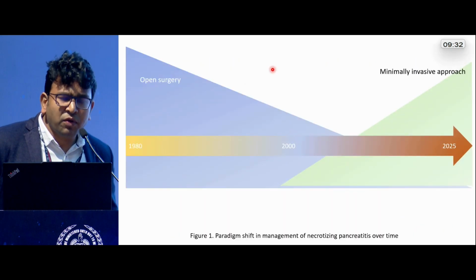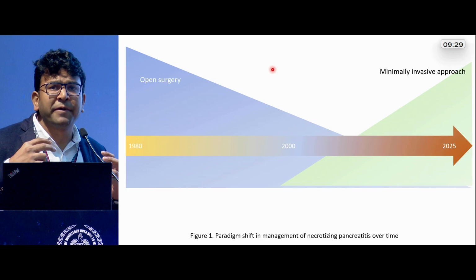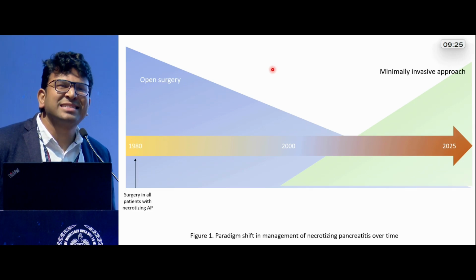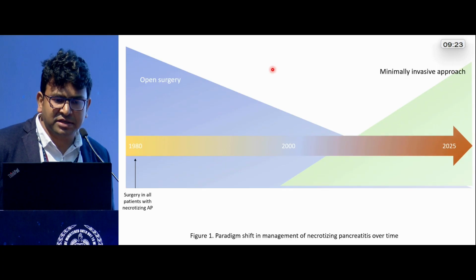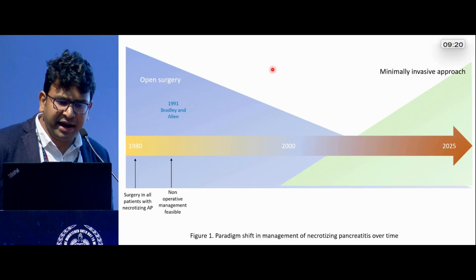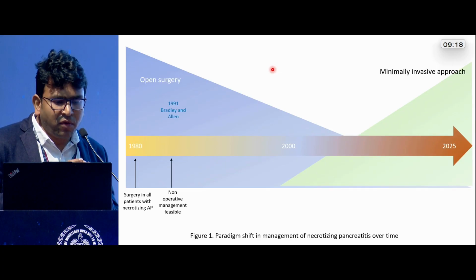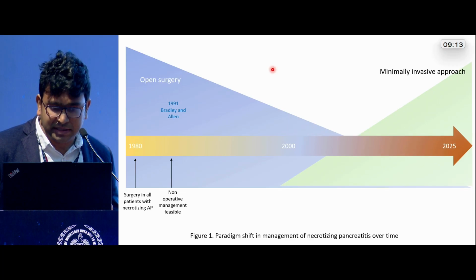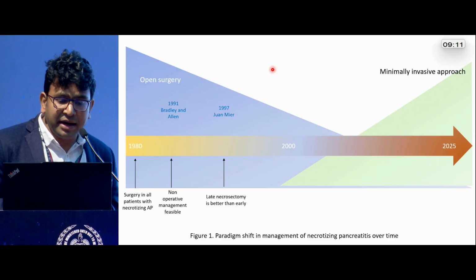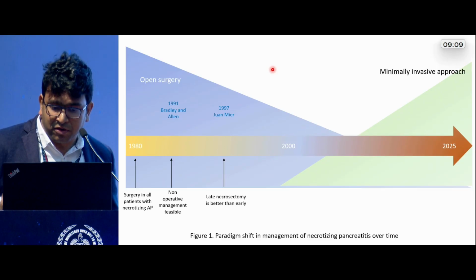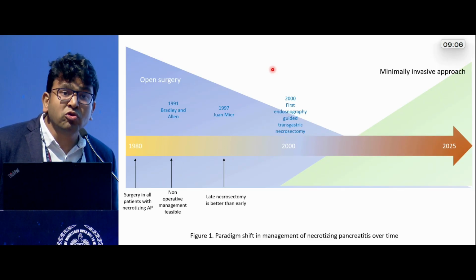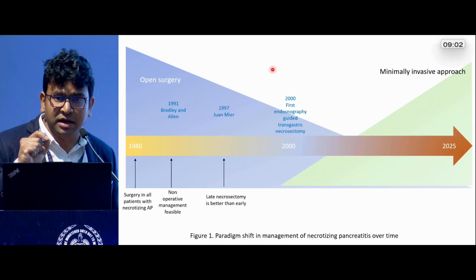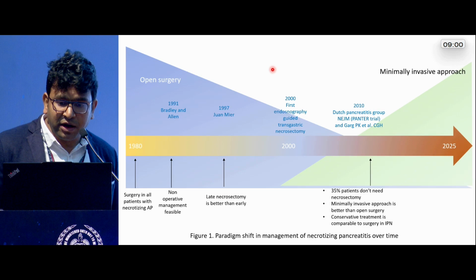So if you discuss the evolution of intervention in necrotizing pancreatitis over time, in 1980, it was surgery for all patients with necrotizing pancreatitis, with very high mortality. In 1991, there was the concept of non-operative management, which is feasible in patients with necrotizing pancreatitis. Subsequently, late necrosectomy was shown to be better than early necrosectomy, which my friend Guru showed. And in 2000, the first transgastric endoscopic necrosectomy was done with the EUS modality, and subsequently over time,